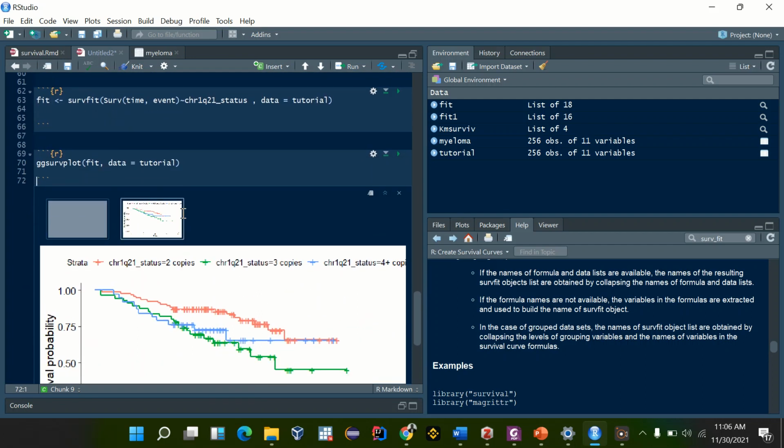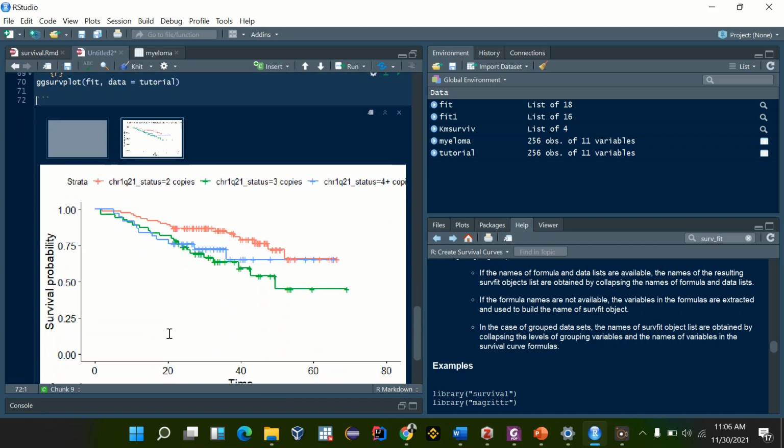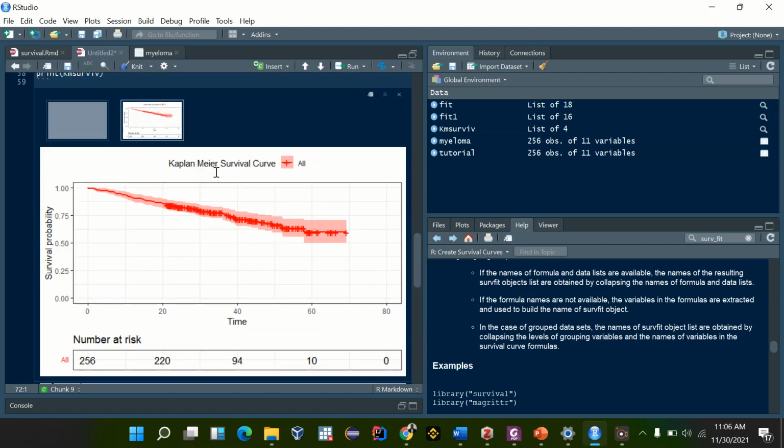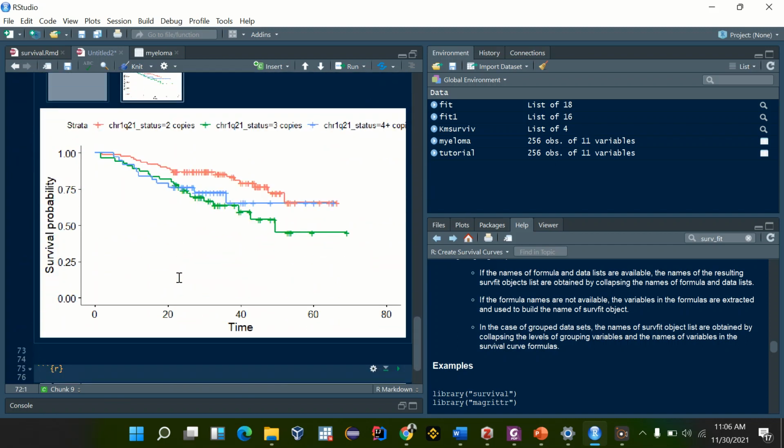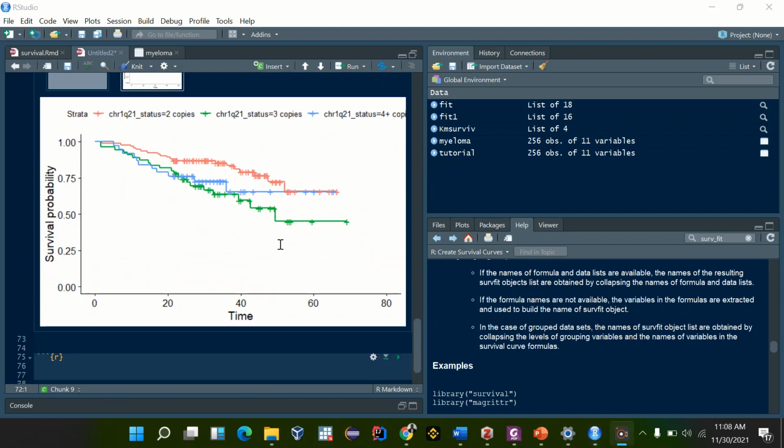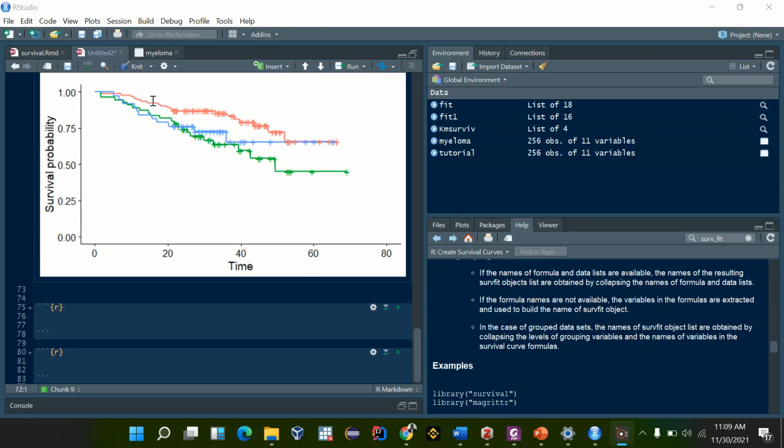We have our plot survival, the Kaplan Meier survival curve for the chromosomal status. We have red for 2 copies, green for 3 copies, and blue for 4+ copies. Like we did, we can also add a risk table, confidence interval, and the median survival. So let's go ahead and add the risk table. This looks weird, so let's rename this, add the risk table and the confidence intervals, and the median survival lines, and we change this theme. By doing that, we are going to do the same thing as we did here,